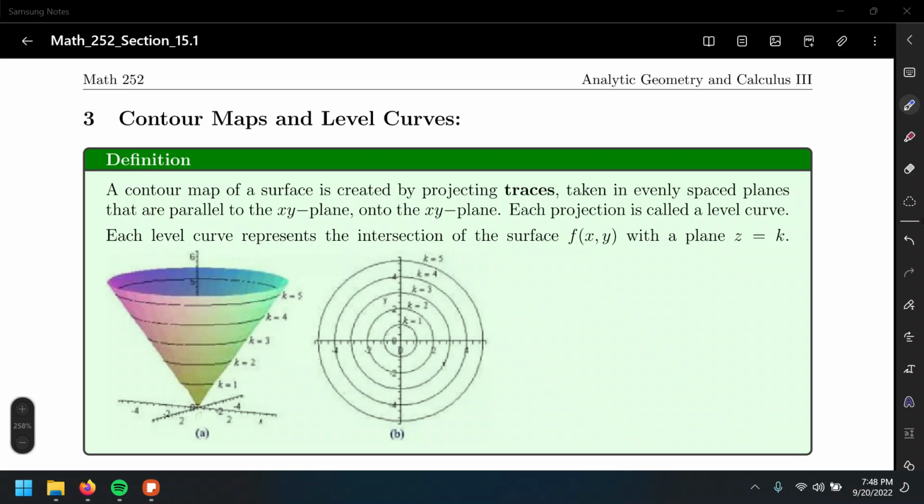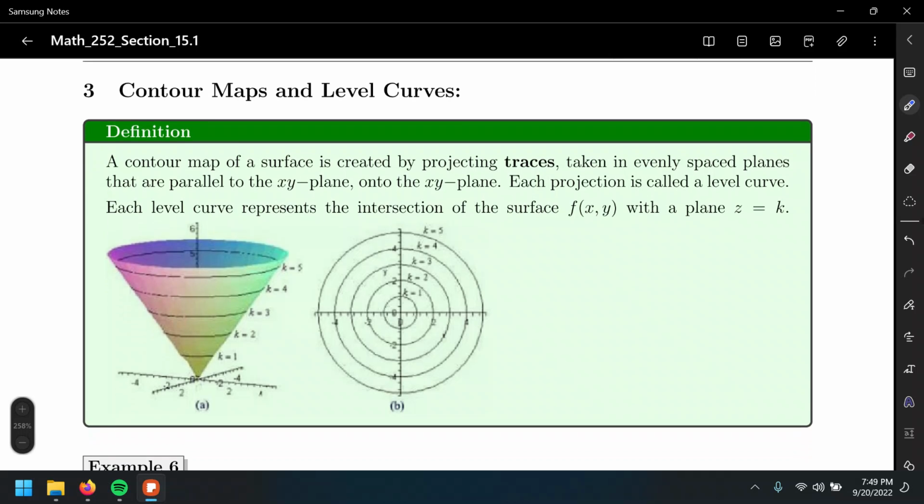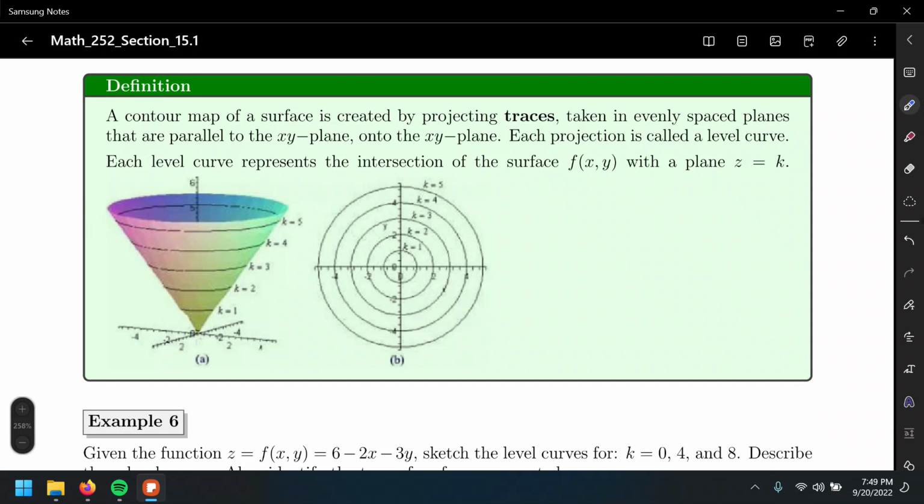Next, level curves. Every surface could be described as generating circles, generating ellipses, generating parabolas, depending on what kind of surface we generate. These surfaces are three-dimensional objects in which we go x, y, and then z. Now, suppose we look at these surfaces from a bird's eye view, from top to bottom. We can imagine this, for example, this cone right here